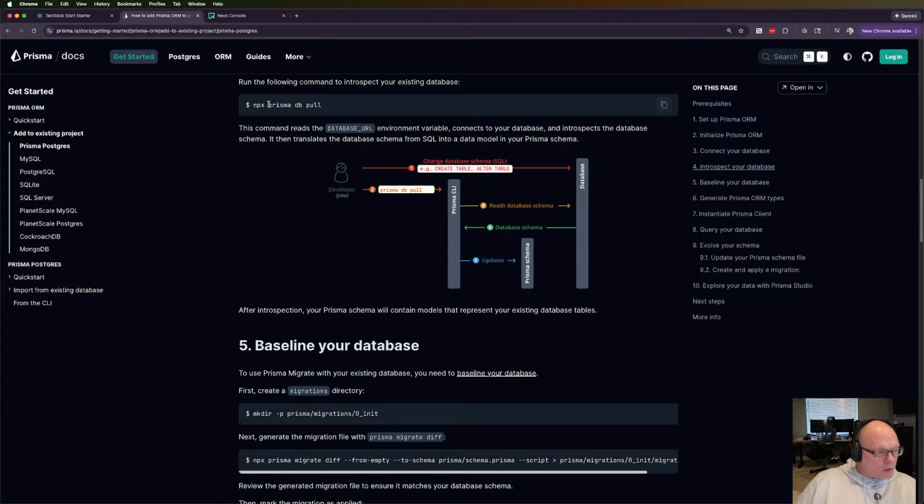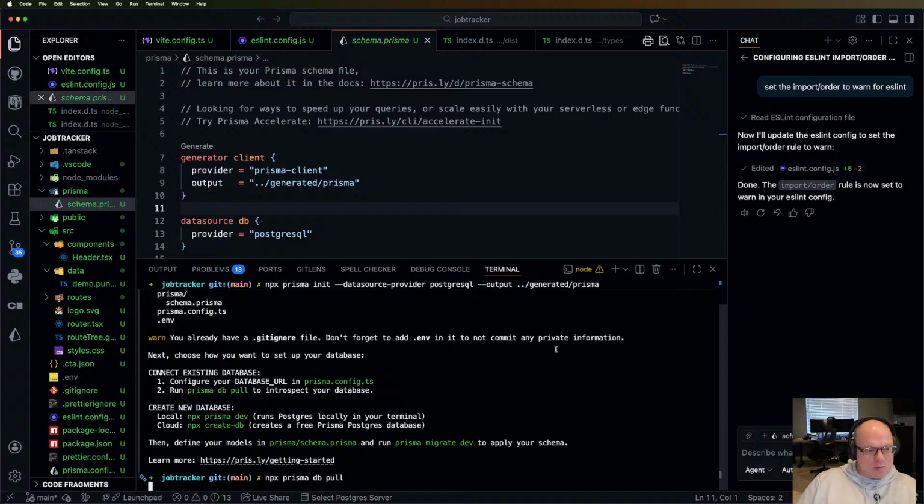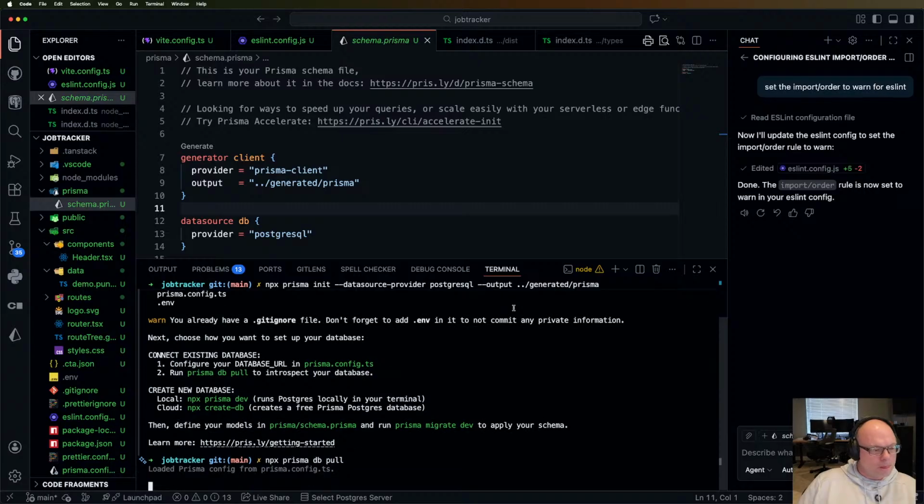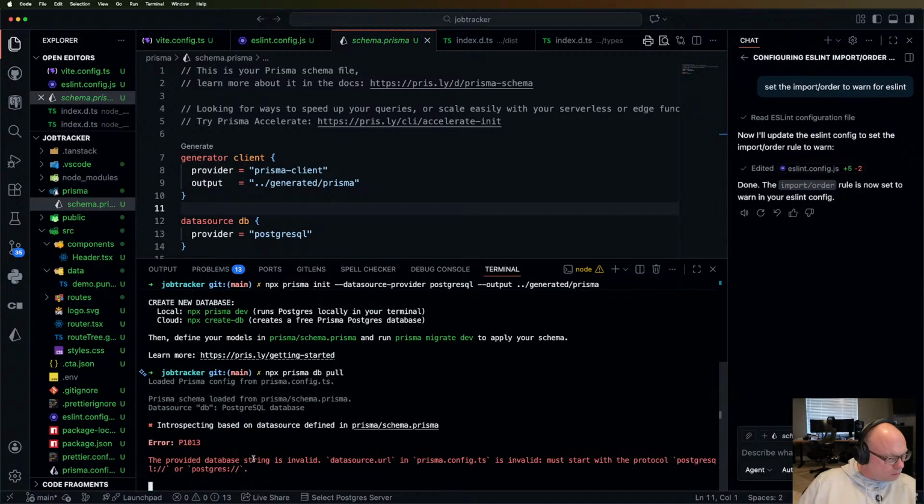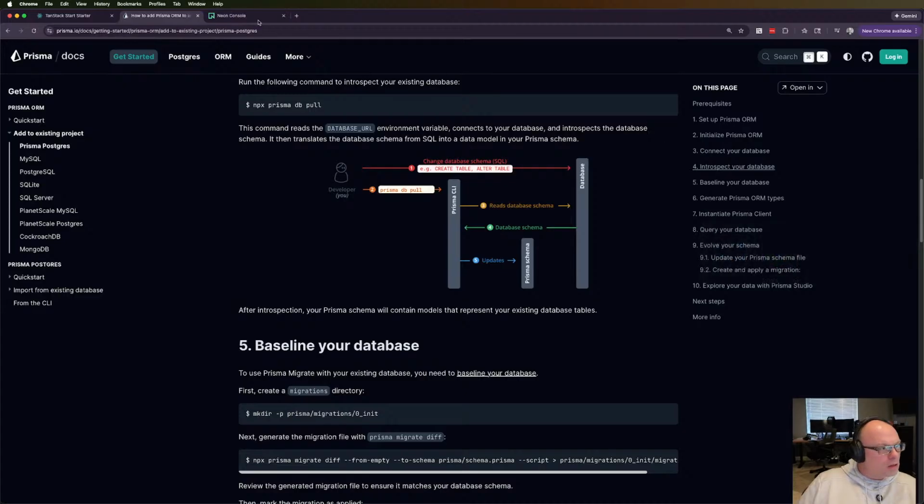All right, so let's run this and see if it at least connects to the database, but I wouldn't expect this to pull anything down because the database is empty. Oh, okay. Let me go back to Neon. It looks like the